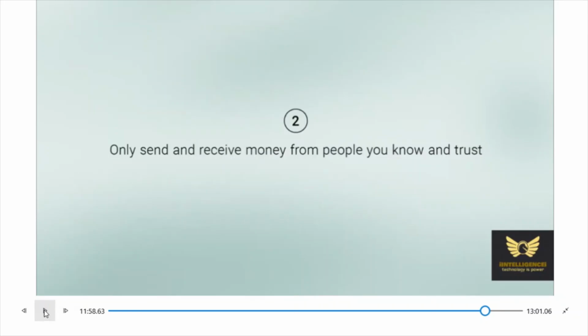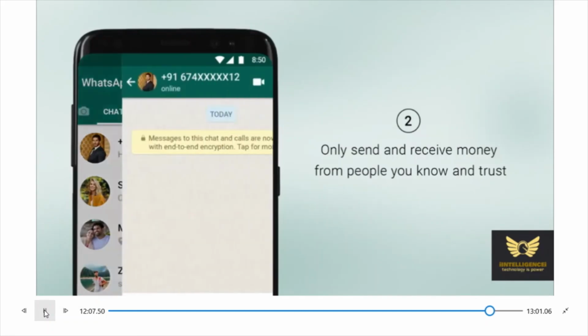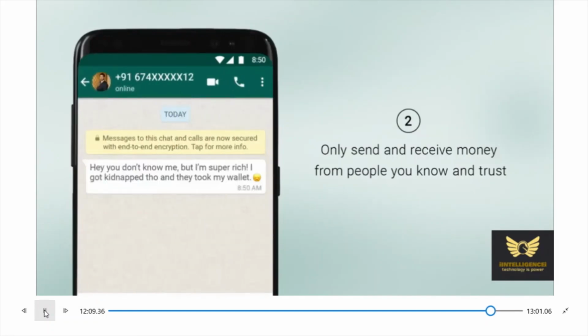Only send and receive money from people you know and you trust. See, messages may come like this. Don't believe.